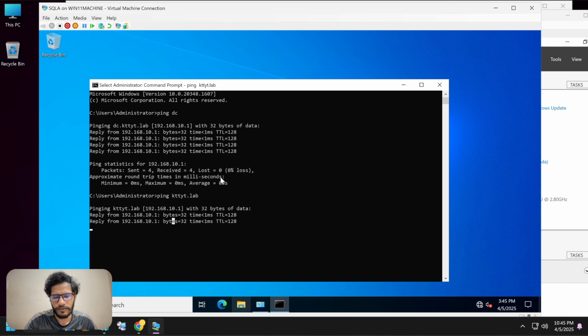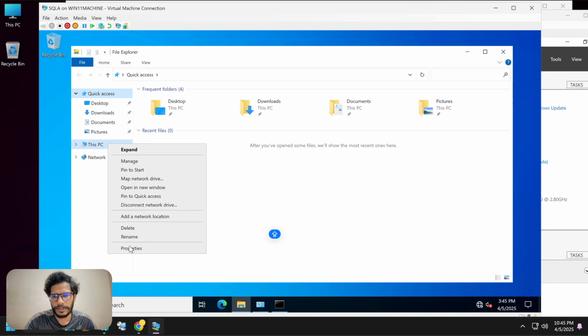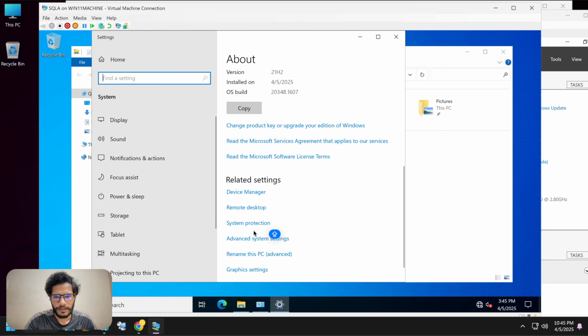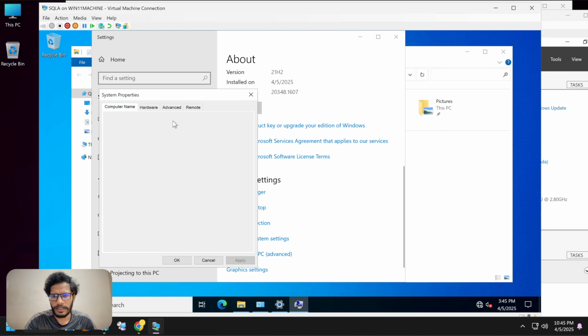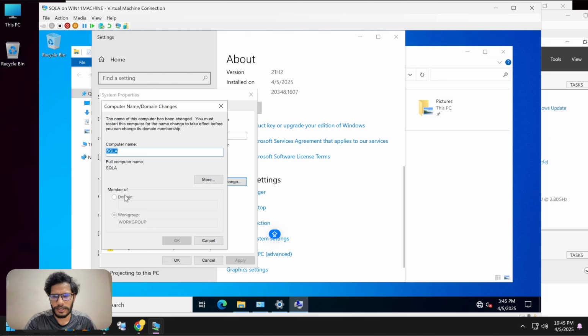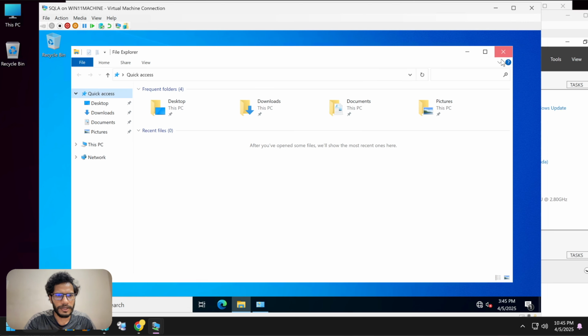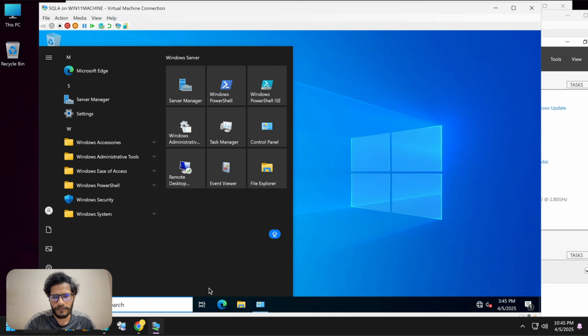Now what you have to do is open File Explorer, This PC. There are other ways to do this, but I prefer doing it this way. Go to Advanced System Properties, and here computer name, and we can change. And as you can see, we have domain here. Okay, there is something wrong. Okay, we didn't do the restart. Okay, let me restart all the three machines, and then we are going to join this particular machine to the